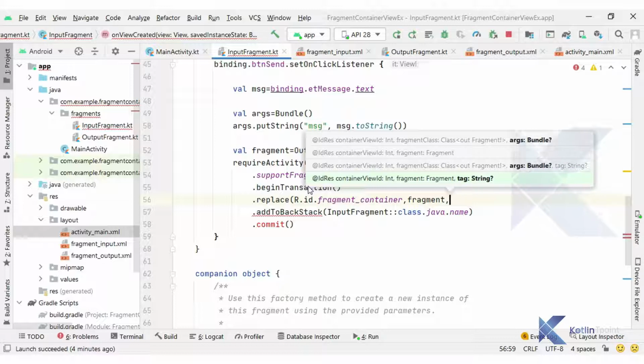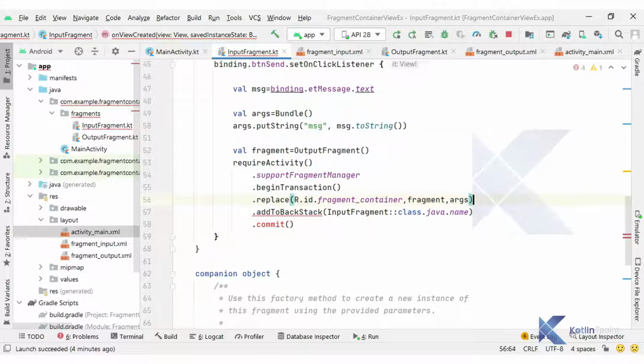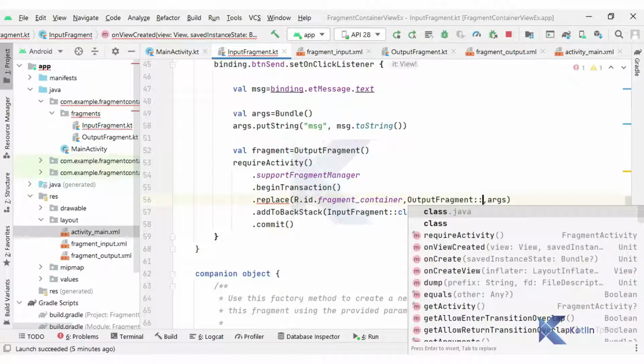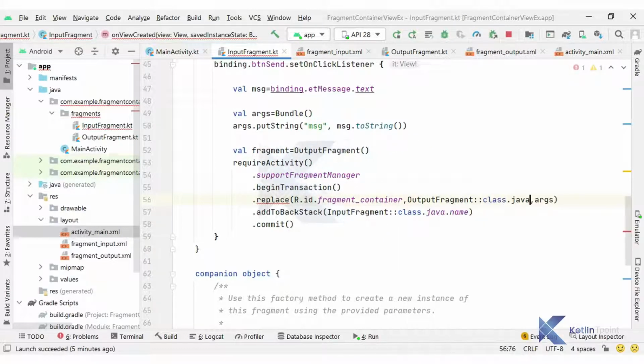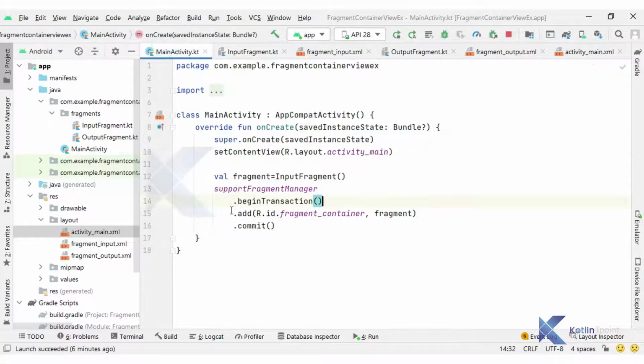So that is the argument we have, not an issue. So guys, if you want to pass the argument as a third argument, then the second argument must be the class name of the fragment. So here I am going to replace my second argument with the class name of the fragment instead of the fragment instance. That is another syntax we have, and the same syntax is available with the add method as well.